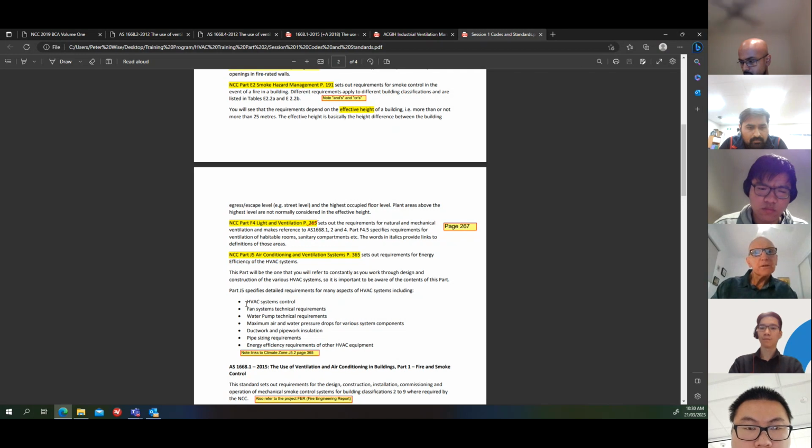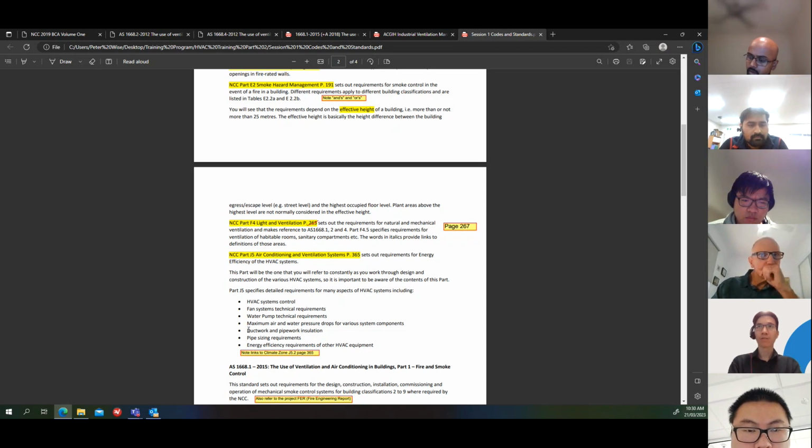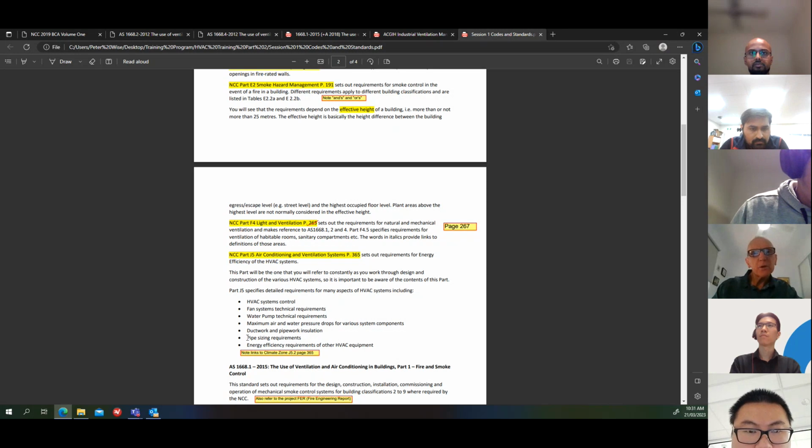It specifies things like system control for ventilation and air conditioning, fan systems, technical requirements, pump technical requirements, maximum air and water pressure drops. This is an important one when you're doing your static calculations, that the NCC does specify some maximum pressure drops that you're allowed. Okay, we'll have a look at those in a sec. Ductwork and pipework insulation is specified there. Pipe sizing requirements,